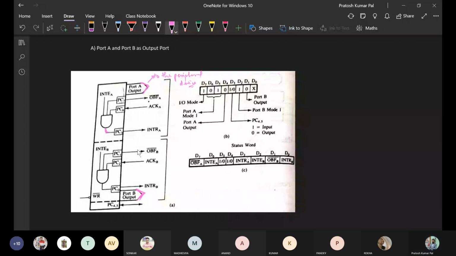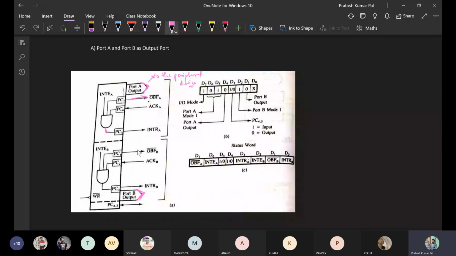And when the microprocessor writes data into the output latch, because port A and port B are working in output mode, whatever data is there goes to the output buffer. Before, when the ports were working in input mode, there was an input buffer, and whatever data was there was pushed in. Similarly, there is an output buffer. Once the microprocessor wants to send data, it will send the data to the output buffer.